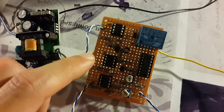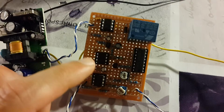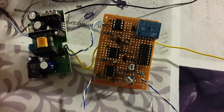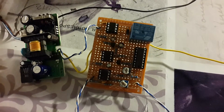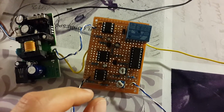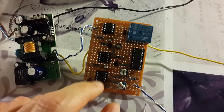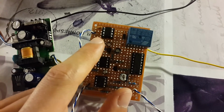Then it goes and continues into 2 555 timers. The first 555 timer is used as a delay circuit, which basically delays the second clap, so that you can turn on the circuit only after the second clap. So the first 555 timer sets the time for that. Has the capacitor and the resistor here to set the timing, and it gets the trigger from the LM358, the Schmitt trigger. Now this 555 timer is a delay for the second 555 timer,